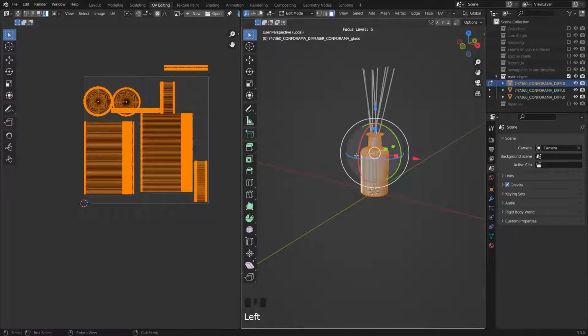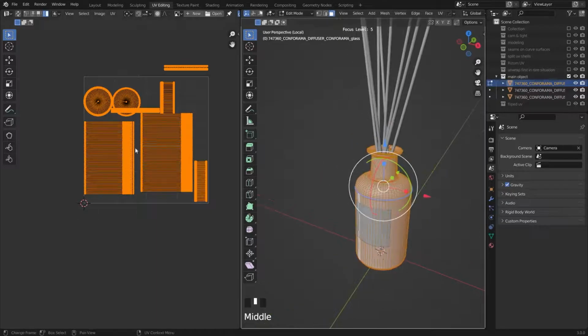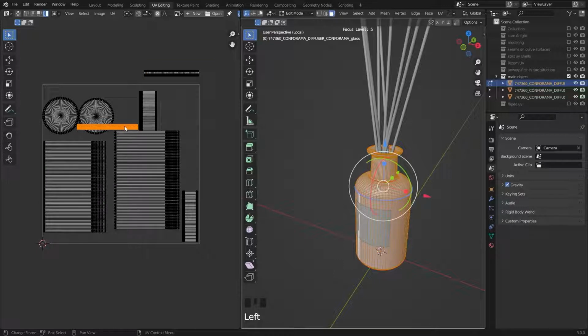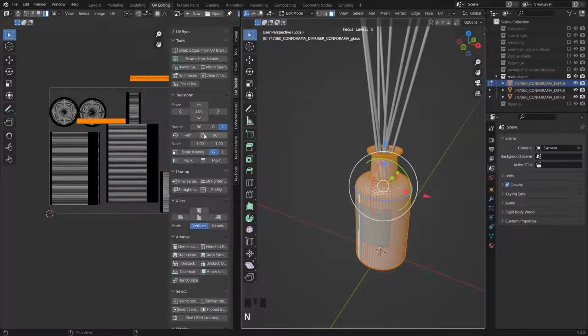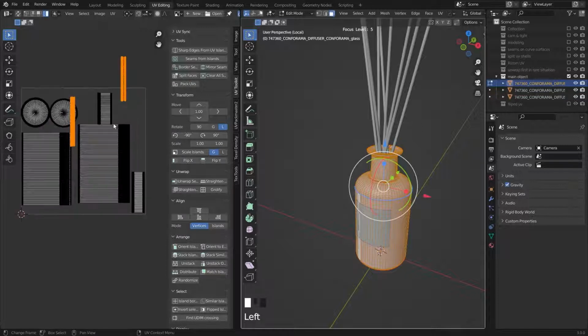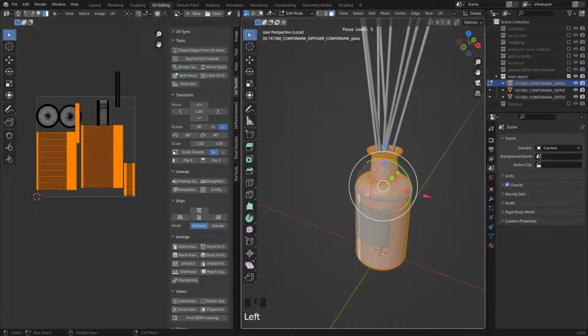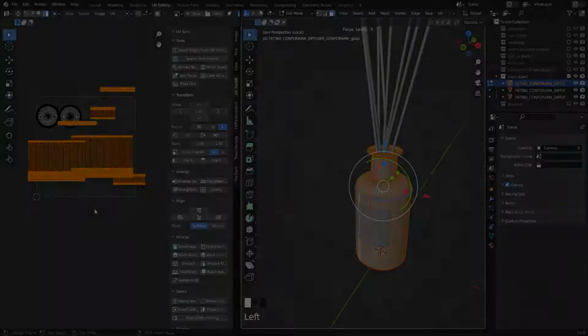If I go to UV editing, you can see I have it, but the rotations are different. So I pick this one and rotate it. But as I mentioned earlier, if we have pattern, it's from left to right. So I prefer, even if it's a completely solid material, to rotate them and make them horizontal.